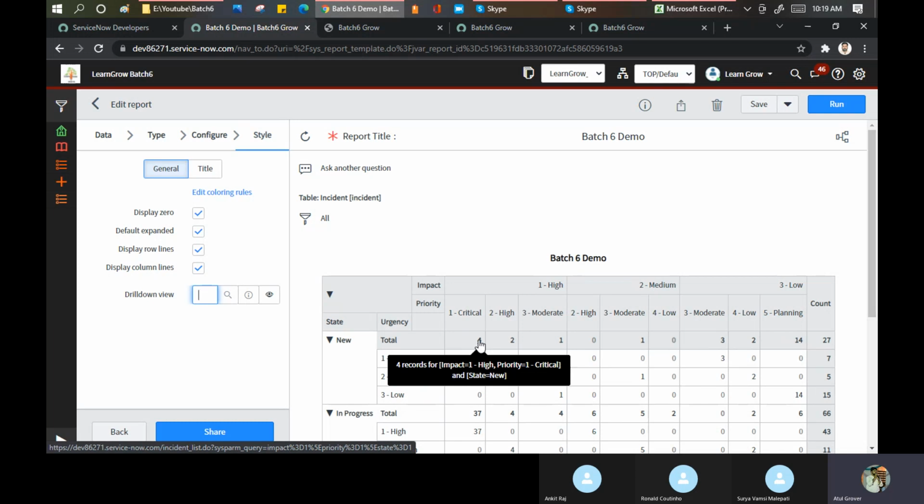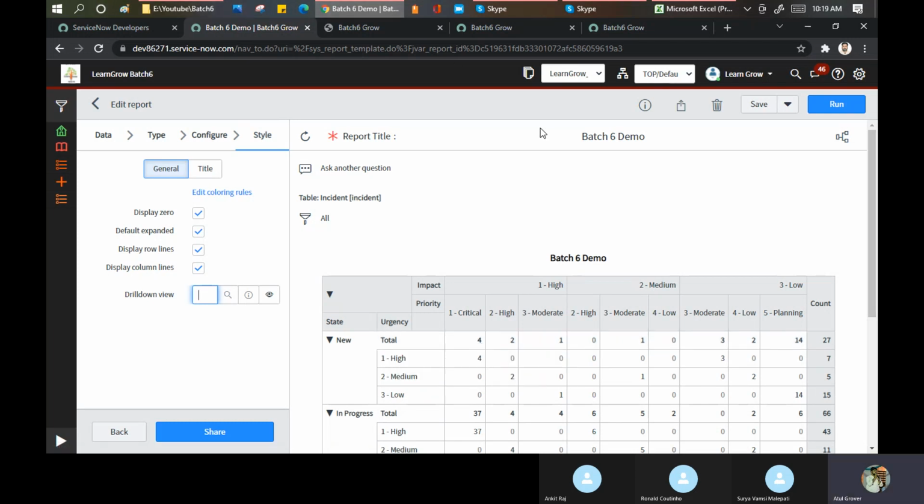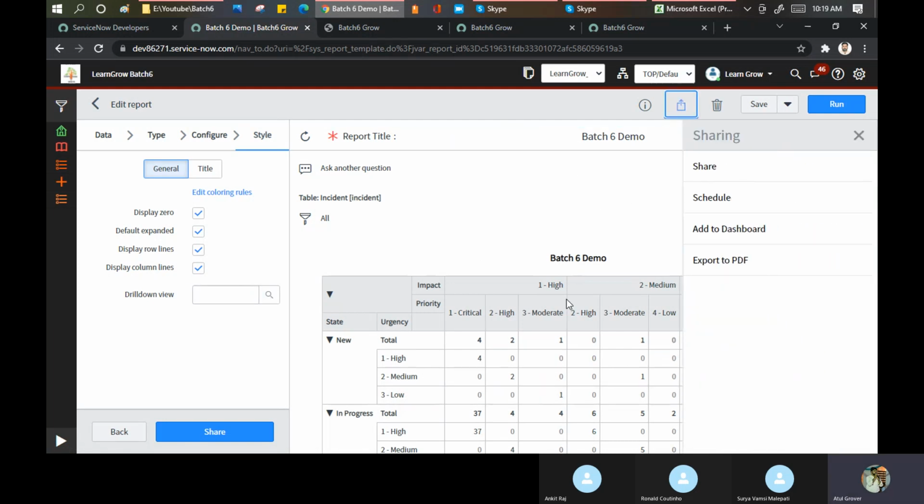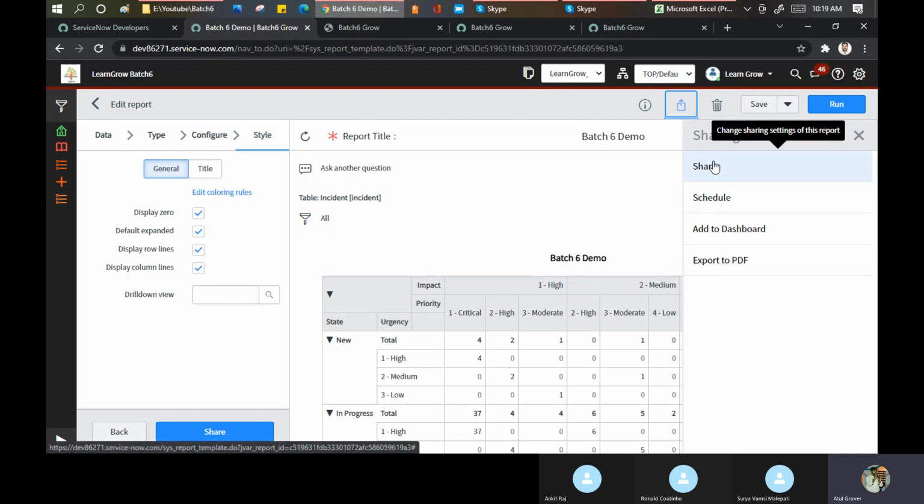ठीक है? Now, an important point in this particular area is that you can share this report with anyone. So you have an option called share, but share is not available to all the users. For this, you need to give the user a role called report_sharing, or maybe something starting with report, but you can share that role with the user.